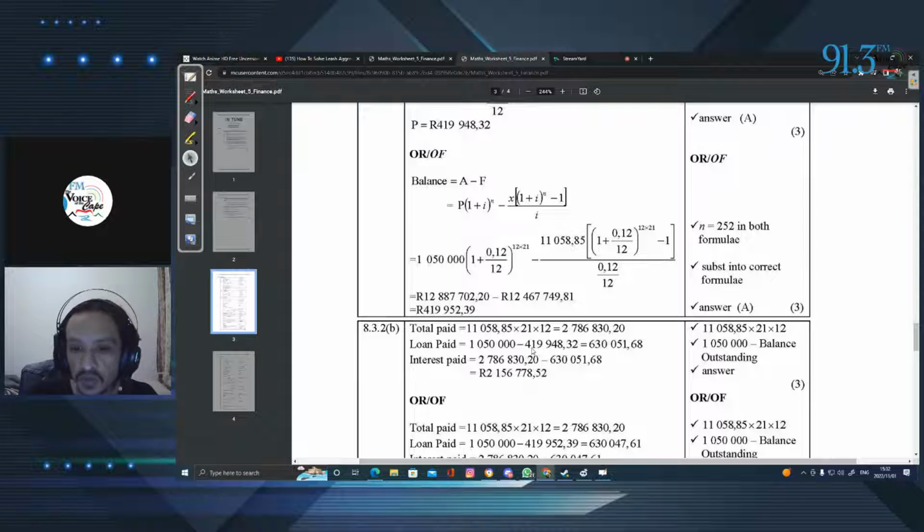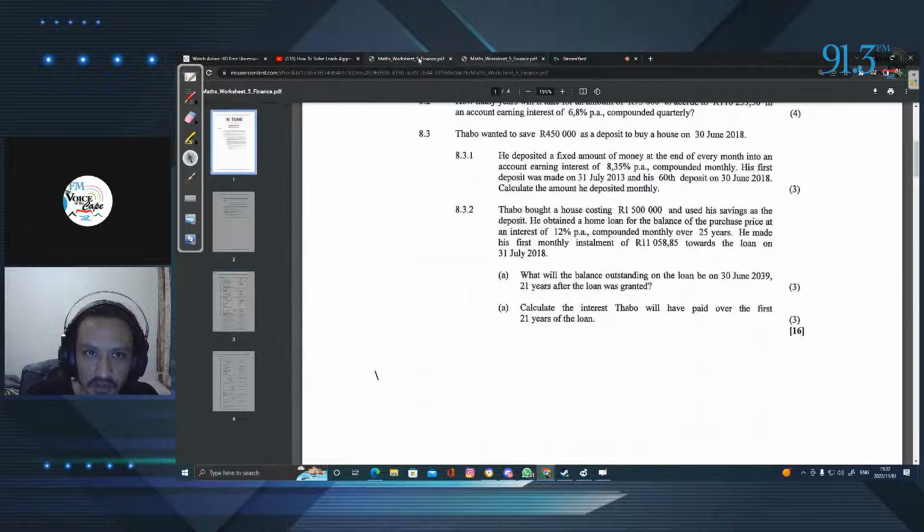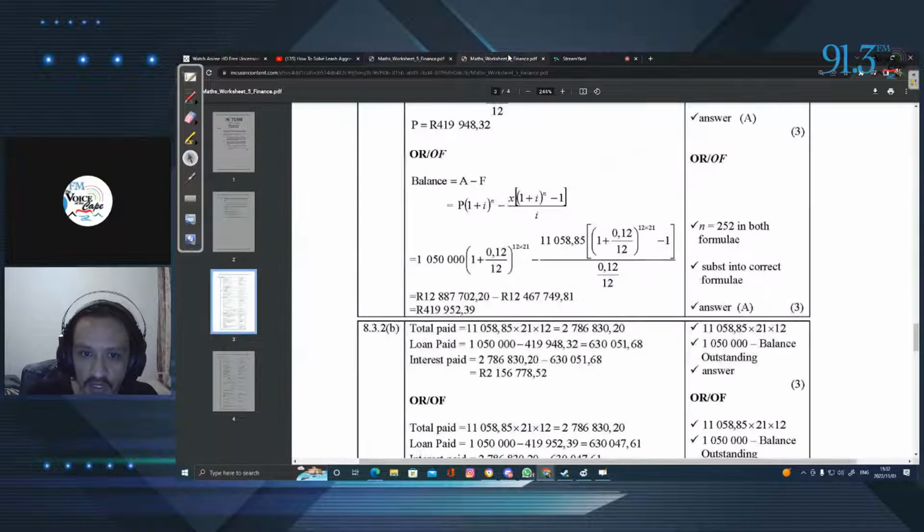Then we look at the amount for the loan paid. The amount for the loan paid is what's left over from the loan. This is the balance outstanding, which is over here, and this here is the initial payment. If you look here, which was when you bought the house, that's the valuation of the house. So you take the valuation of the house and subtract it from the balance outstanding. What was paid in the loan was 630,051. And to find out what the interest is that had to be paid, we subtract the total paid from the amount of the loan paid. And this is the interest paid,